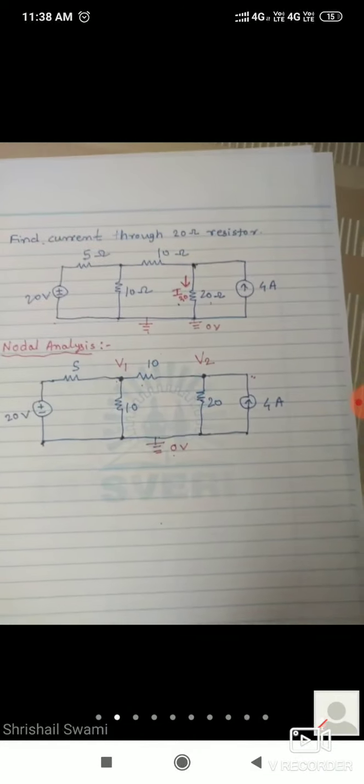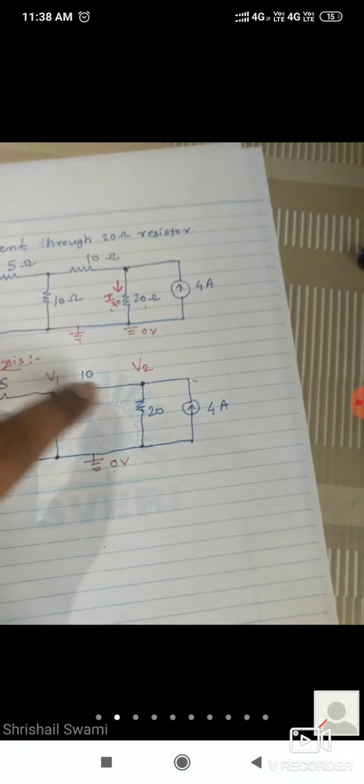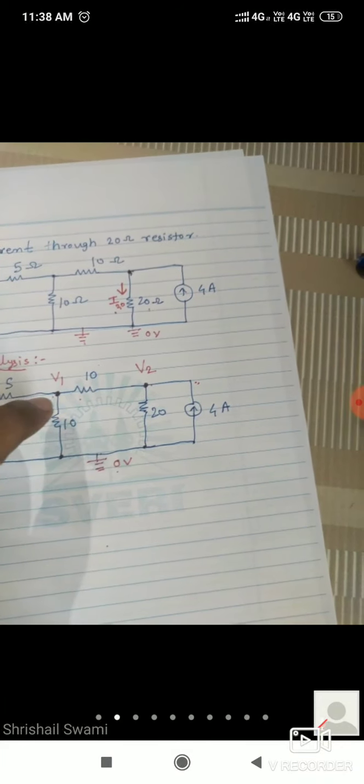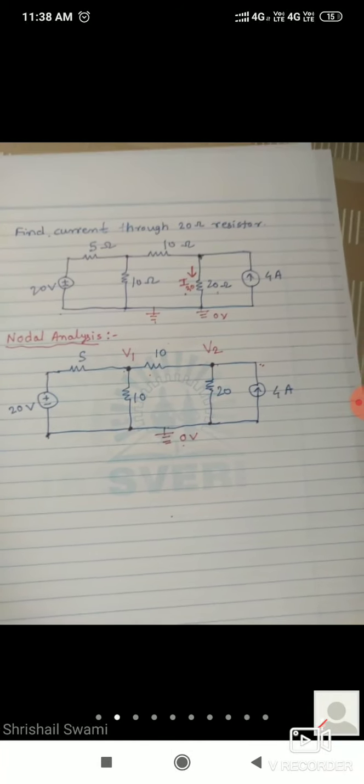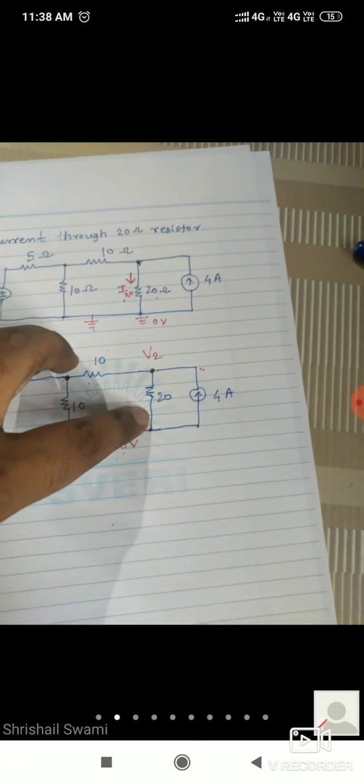Means two times we have to apply the KCL. One at V1 and another at V2. Solve the two equations using the calculator you have. You can go into equation mode and put in the two unknowns. So for V1 and V2, we have to apply KCL two times, find the equations, and from the equations we will get the answer. So once you get the V2 value, then you will get the current passing through this 20. So first of all I will apply